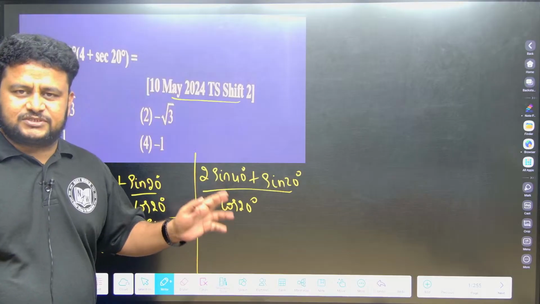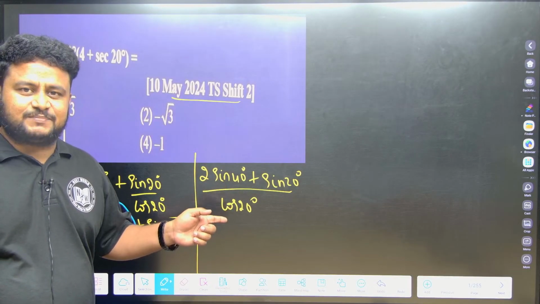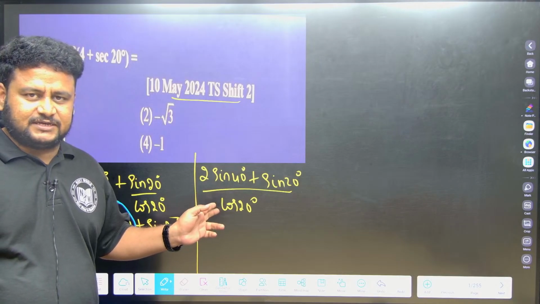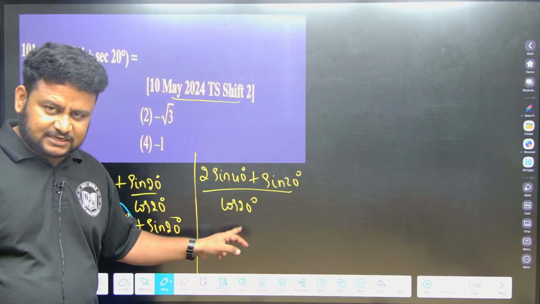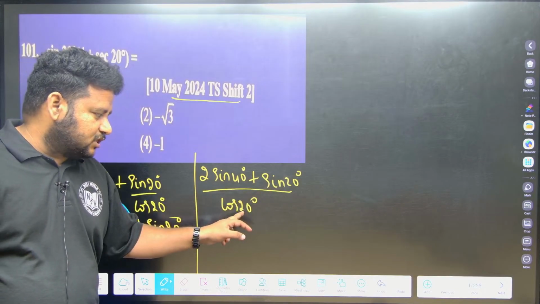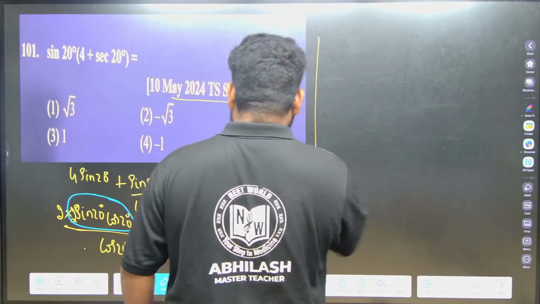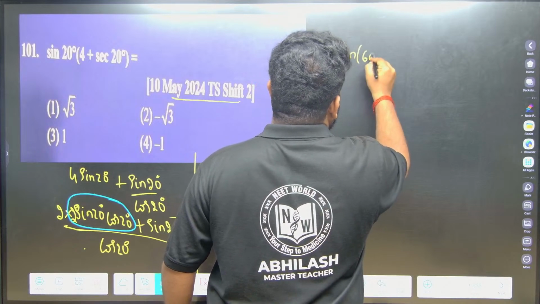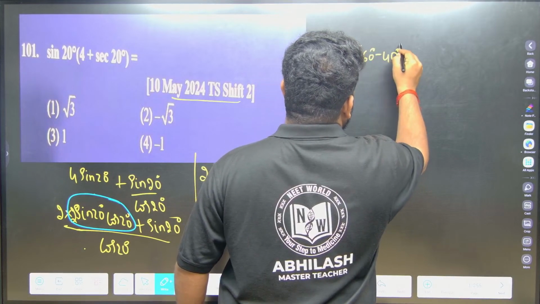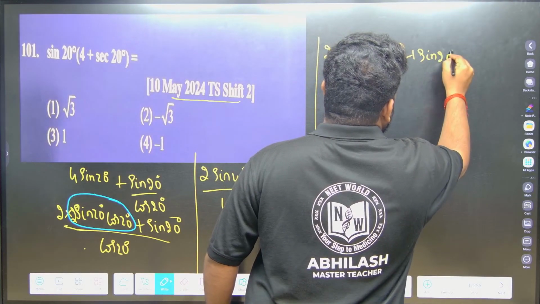40 degree is close to 60 degree. So 40 degree can be written as what? 60 minus 20. Why 60 minus 20? When I apply 60 minus 20, the 60 degree value I know, and 20 degree is given in other terms, that is, we have sin 20, cos 20. So I can write sin 40 as sin of 60 minus 20 degree, plus sin 20 degree divided by